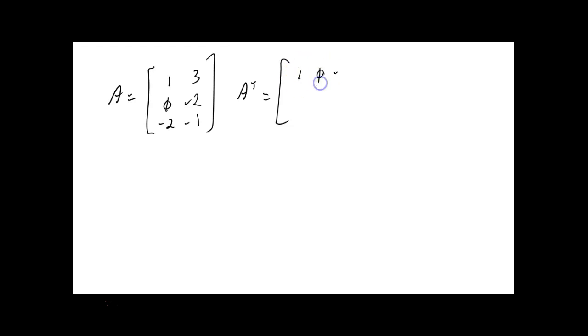1, 0, -2 is the top row. 3, -2, -1 is the second row. Goodness, my eyes hurt. Okay? Now,